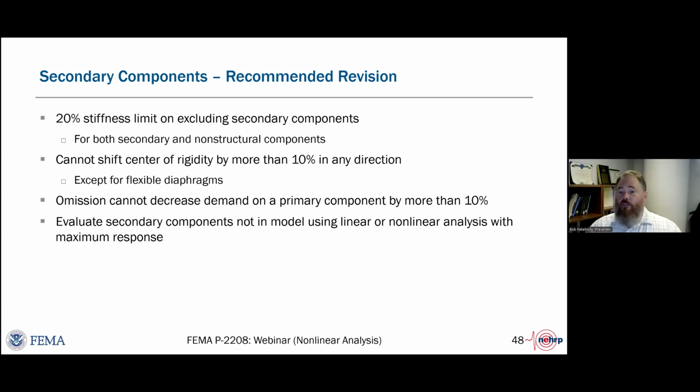We recommended using either a linear model or a nonlinear static model. And that's to say that you could build a subassemblage model of some secondary components or some representative subset of the secondary components and do a nonlinear static pushover on those to the maximum displacements in the nonlinear response history analyses. And we did, as the ATC 140 project, recommend that we look at the maximum, not at the mean in the response. We felt that if you wanted to look at mean response and take advantage of that, you should put them in with the primary components. But if you want to do this on the outside of your model, you would use the maximum response.